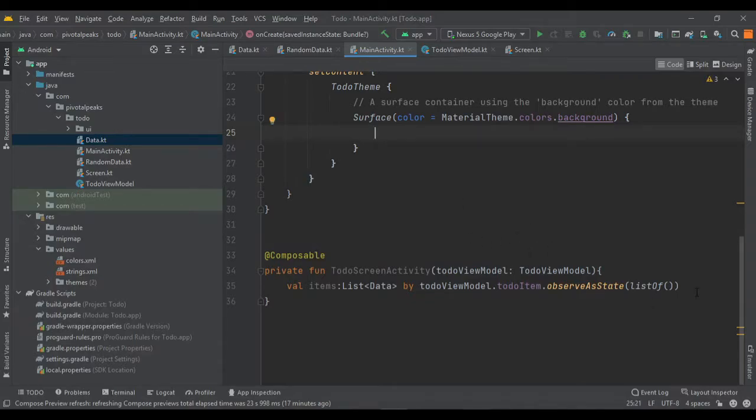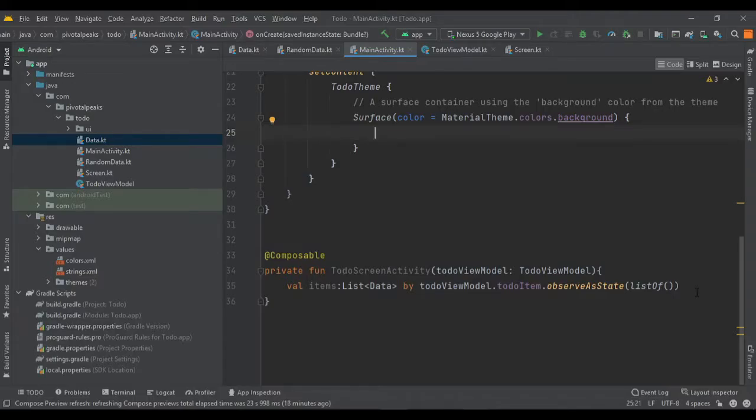So what's happening here is that we are observing this live data of our random data, and its value is represented via state. So every time we add a new item, there would be a new value posted in live data, and the returned data will be updated, causing recomposition of every state.